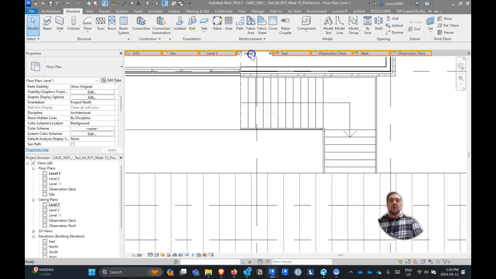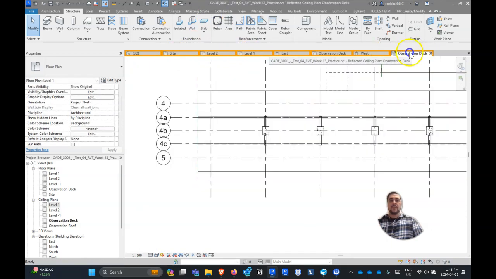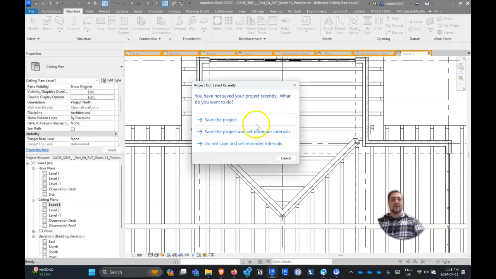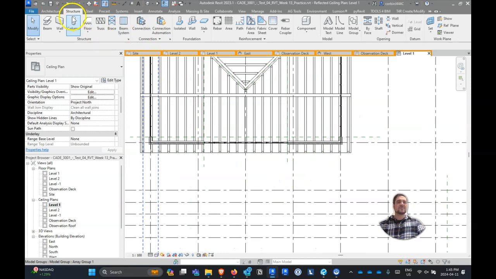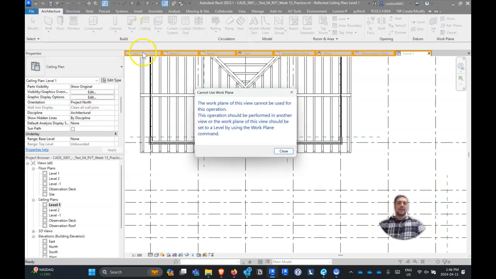And so let's go to our level 1 floor plan. And actually, you know what? I use ceiling plans a lot, so maybe we'll go to our level 1 ceiling plan, just so we can see where the edge of that roof is. And we're just going to start with one side here. So what I'm going to do is go to the Architecture button. I'm going to grab Roof, and